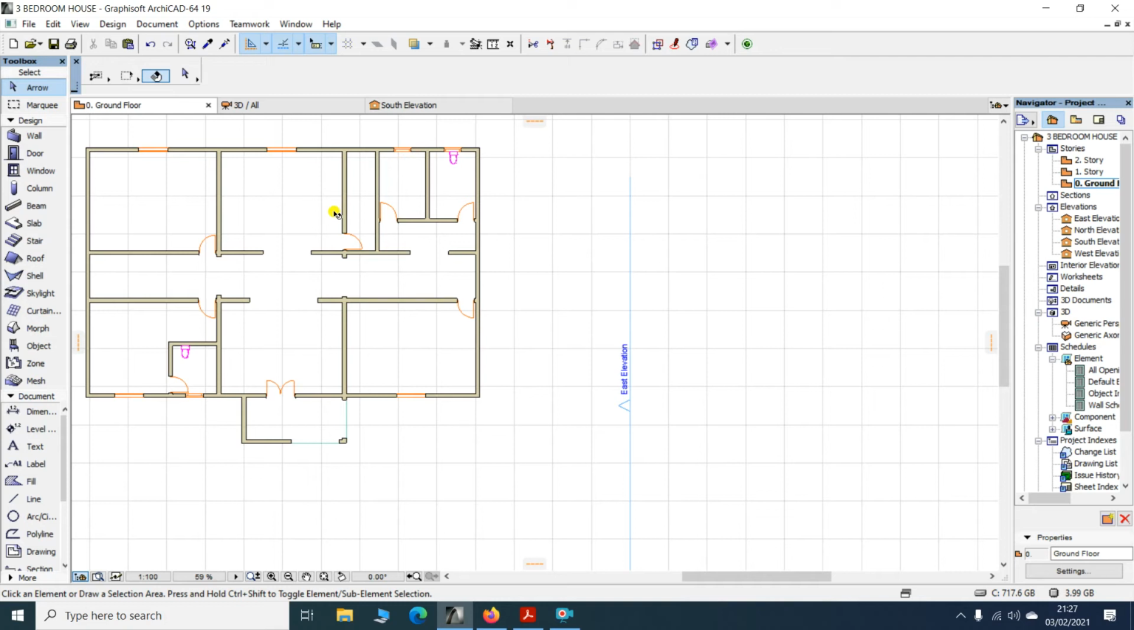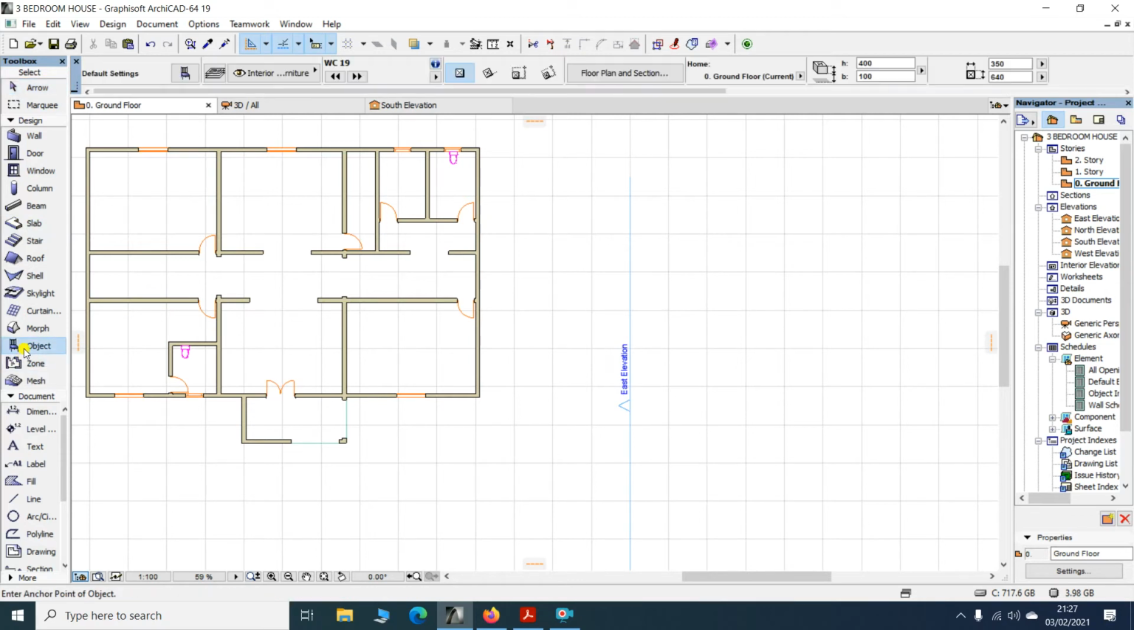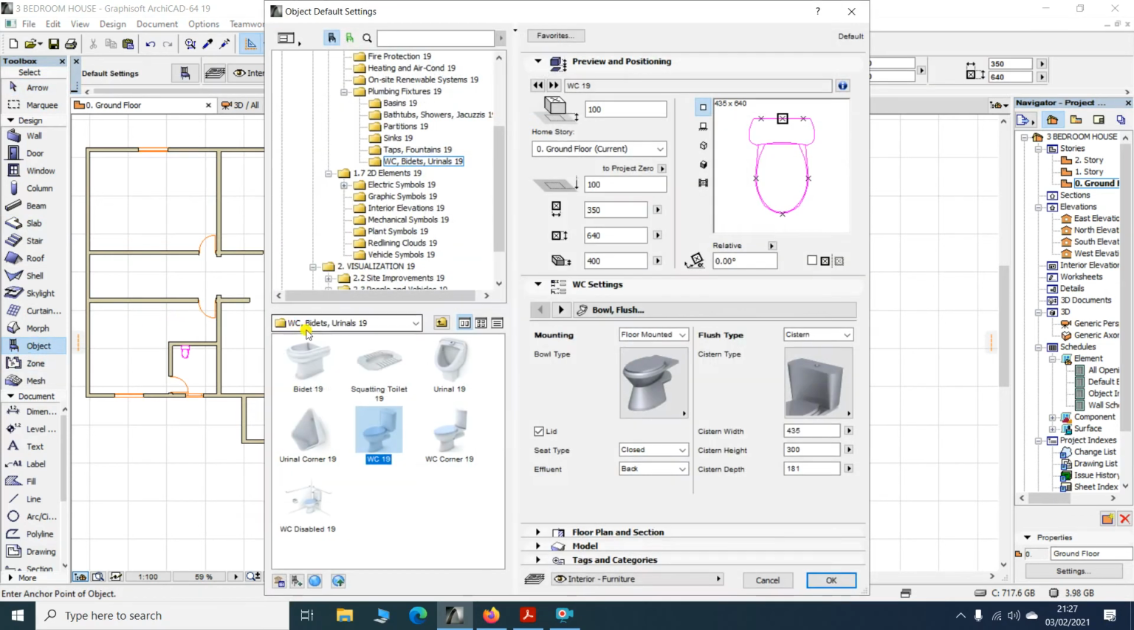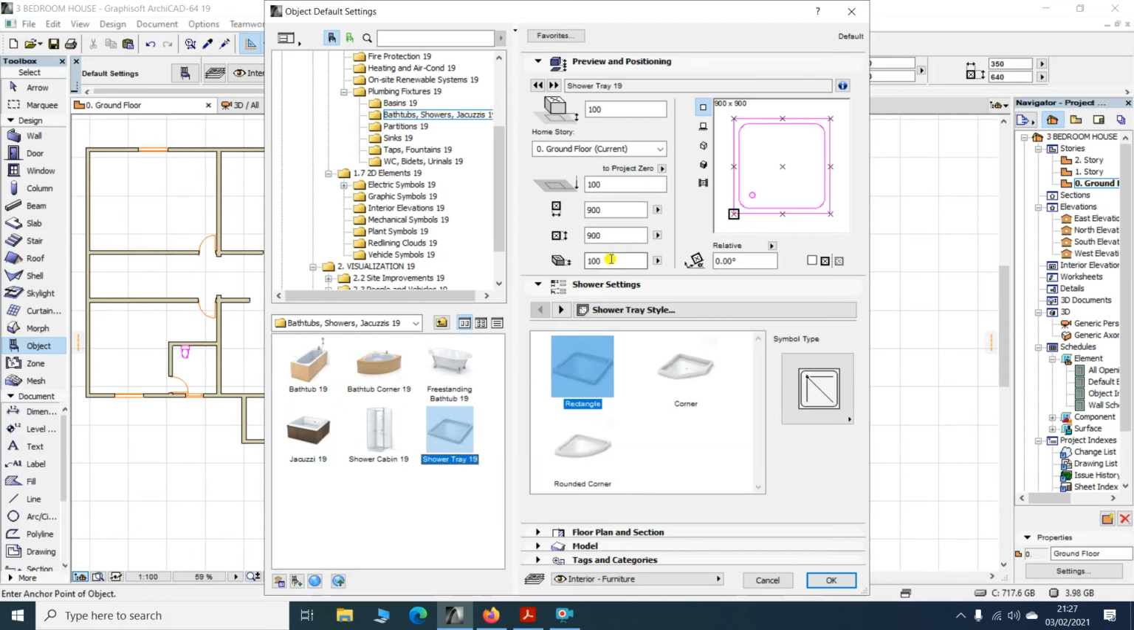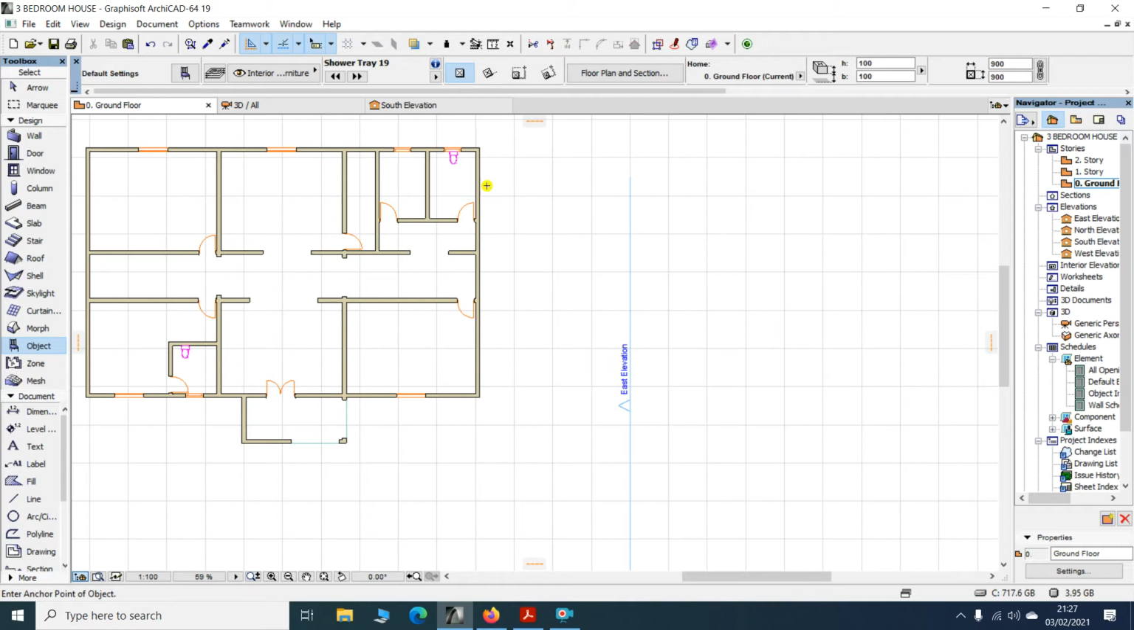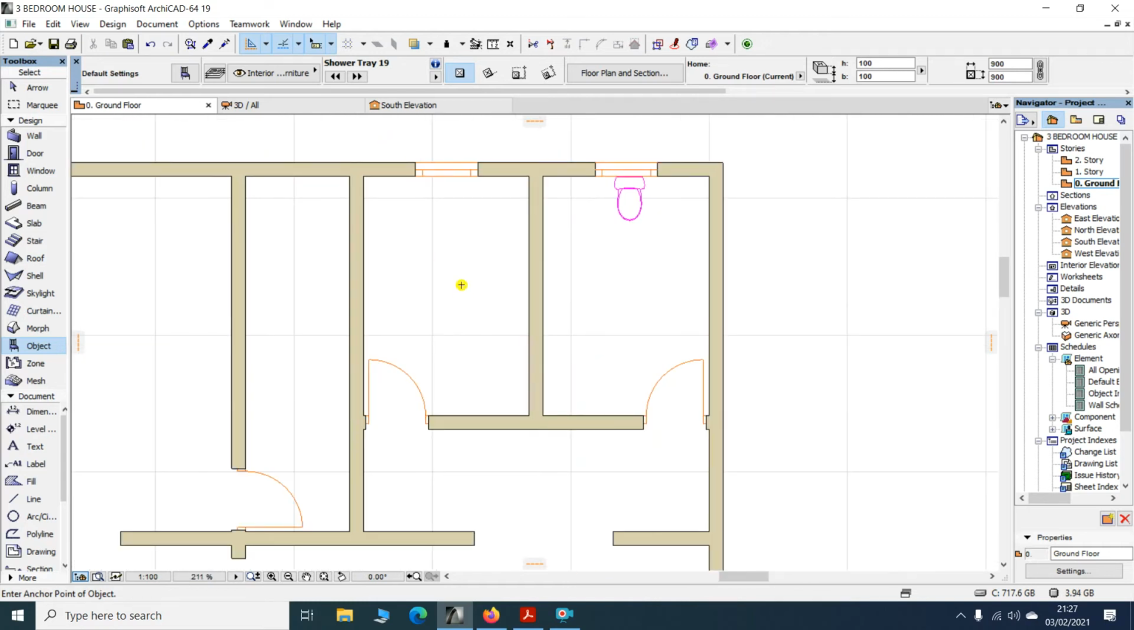So that is how we put the water closet. Now we shall put a shower. So you go to objects again, and then now we'll go to mechanical again, plumbing fixtures, then bathroom, showers, jacuzzis. So for me I'll use a shower tray 19. I'll click on that, then I let the dimensions be the same, click, and then I have one of the shower